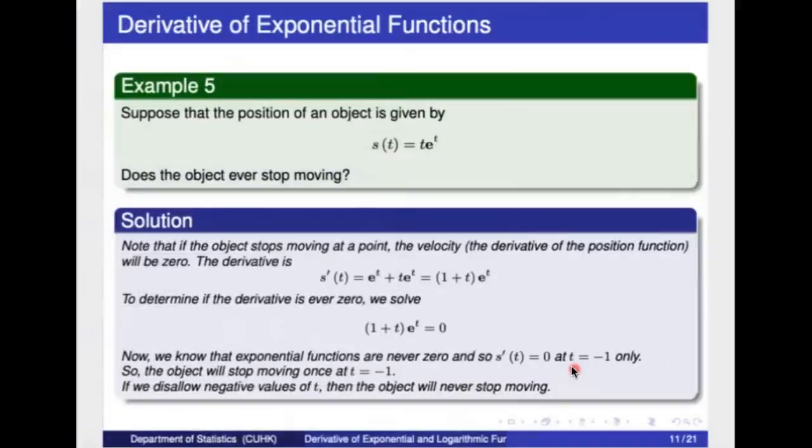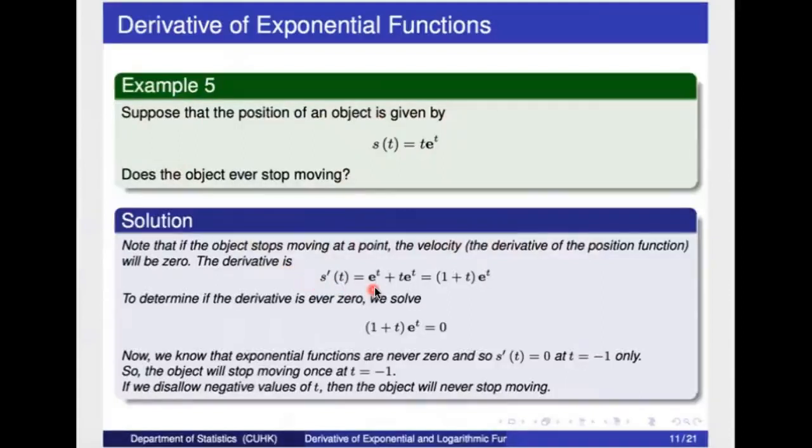Here, we have an example of real-life application. Suppose that the position of an object is given by s(t) equals t times e to the power of t. Does the object ever stop moving? If the object stops moving at a point, the velocity, which is the derivative of the position function, will be 0. The derivative is calculated as s prime of t equals e to the power of t